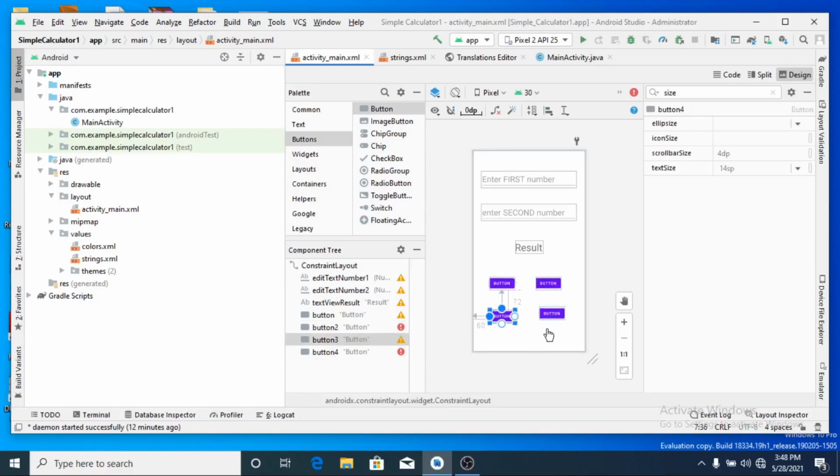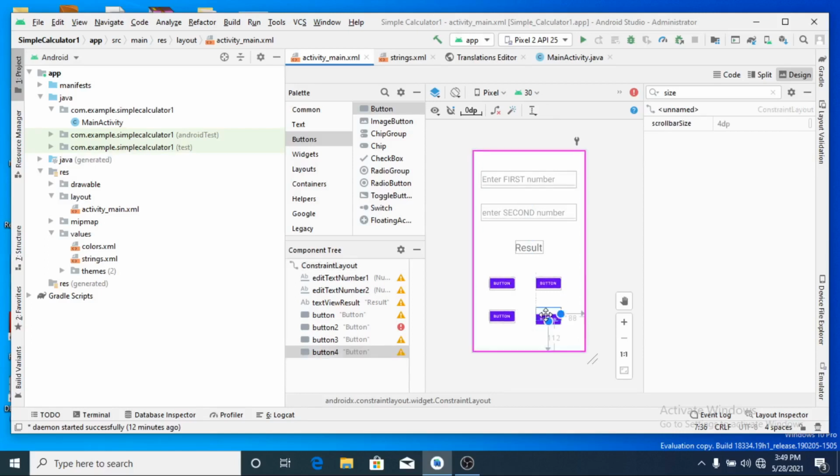Now this, yeah, okay then. Let me give all these buttons: here 60, here 60, here 88, here 88.